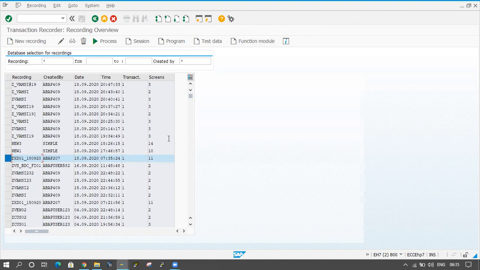So yesterday I created this one, ZXT01180920. I'm clicking on the process button and I will create the Excel sheet. We have to follow the steps. Five steps are there, right? The first one is analyze the transaction.